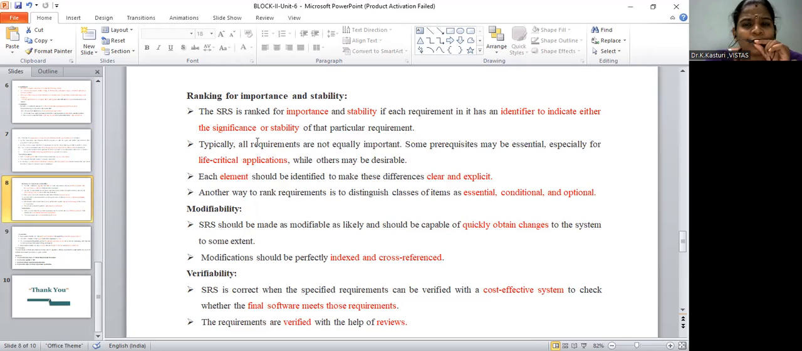Okay, all requirements are not equally important, definitely. Some prerequisites may be essential, especially for life critical applications. They are very much important, while some others are desirable. They may be needed whenever. Each element should be identified to make these differences clear and explicit. Which are all important, which are all stable requirements. Another way to rank requirements is to distinguish classes of items as three: essential requirements, conditional requirements, and optional requirements. Okay. And the next quality is